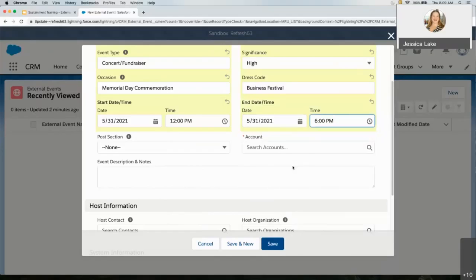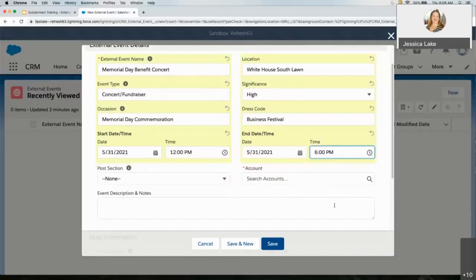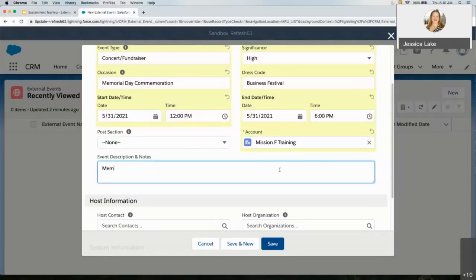Now these are all required fields, and this one especially, the account. But this is just going to be your account. So right now I'm in Admission F training. Then you want to add a nice event description and any notes about this event. So let's see what this event is. This is a Memorial Day benefit concert